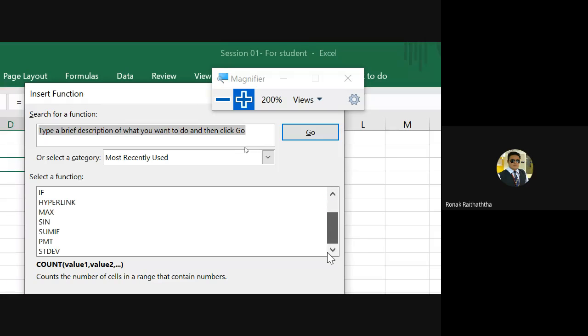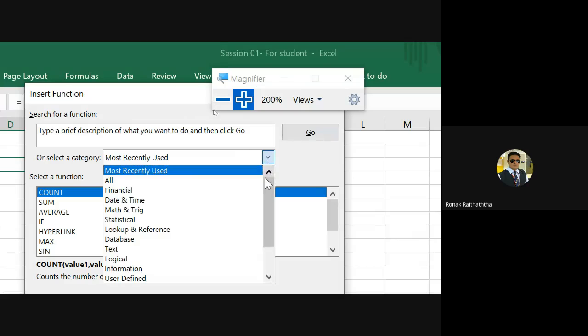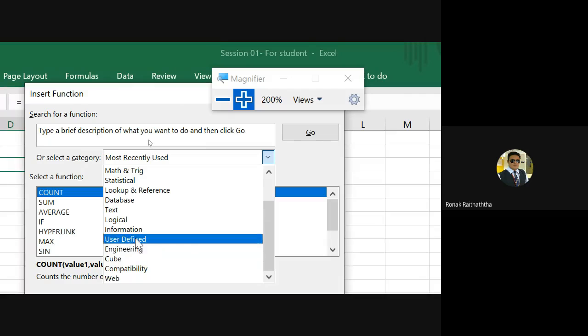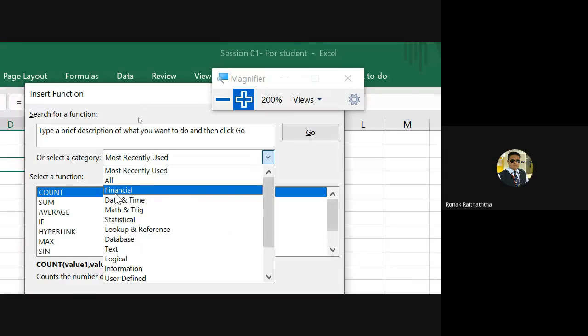So that you will be able to see over there. Here I have most recently used, but if I click on this category, see all the functions related to engineering, related to math, related to lookup. For finance as well, we have the various functions.